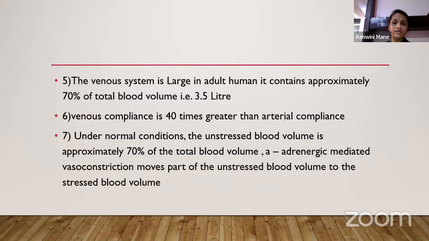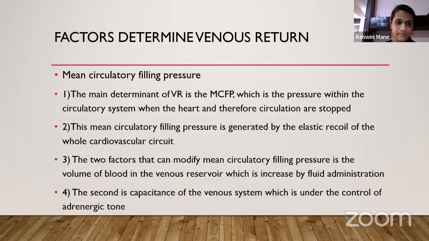And if you add any alpha adrenergic mediated vasoconstrictors like noradrenaline, then the unstressed blood volume is moved to the stressed blood volume. This concept we'll understand later in the upcoming slides. So the factors determining venous return are